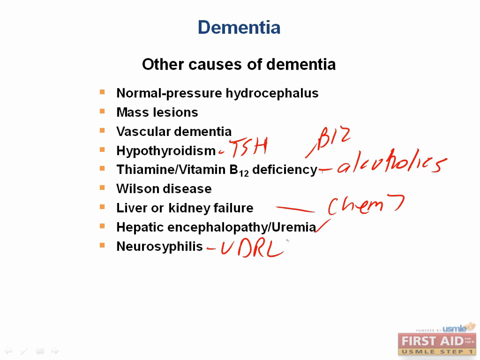Now, what did we say was the triad of normal pressure hydrocephalus? It's wet, wacky, and wobbly. And these stand for urinary incontinence, dementia, and gait abnormalities. Now, why have we mentioned this twice now? Well, it's because it's one of the only dementias that is actually reversible. And this is an important point of distinction on your exam to look out for. In addition to that, practically, if it's reversible, that means you can actually do something about it, which is the